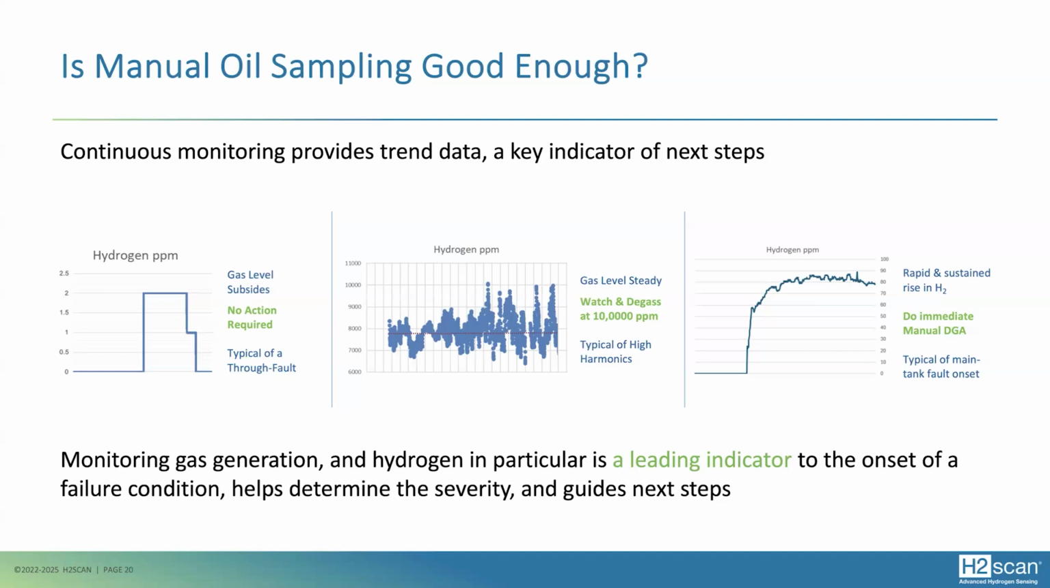It's not dropping off. It's sustained. And this transformer wasn't even on load. It was just energized. We recommended an immediate manual DGA, and they found a lot of acetylene. And this pattern is very typical of a main tank fault onset. The transformer itself couldn't be saved because of some rust damage. There was a lot of rust damage that had taken place, which caused the arcing,